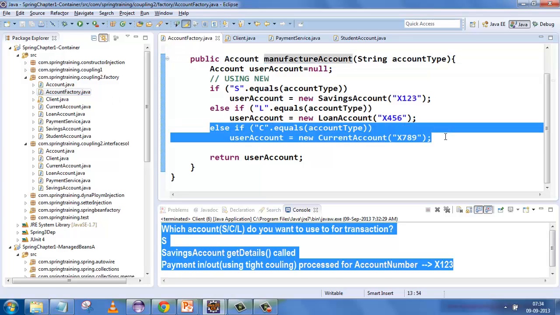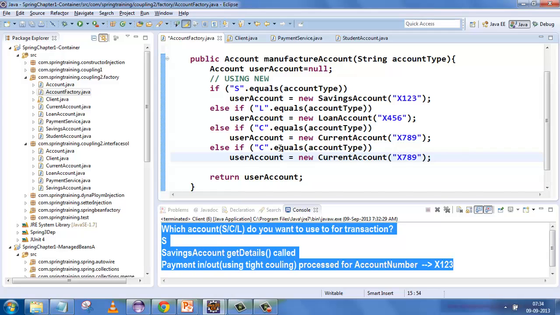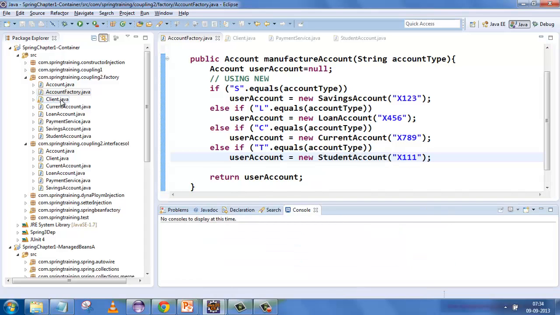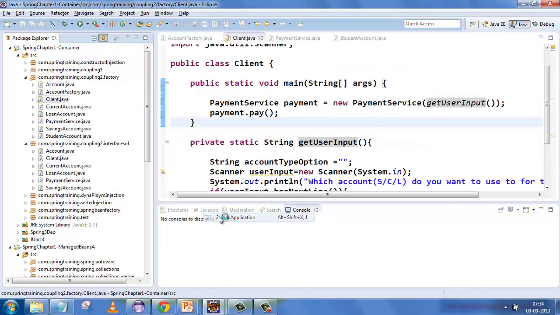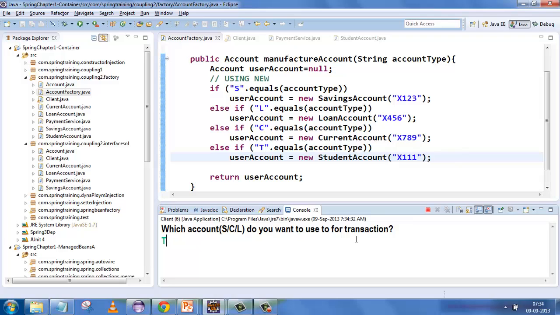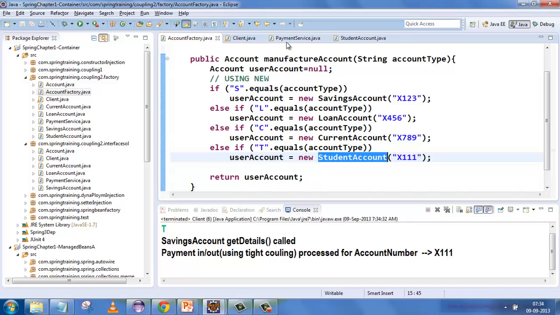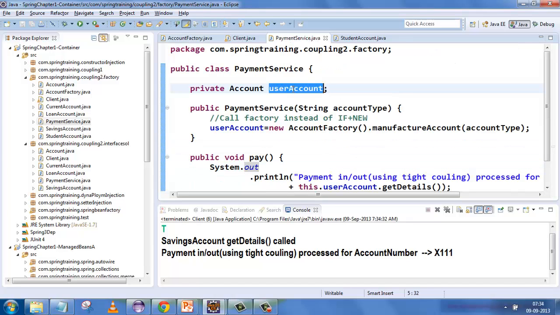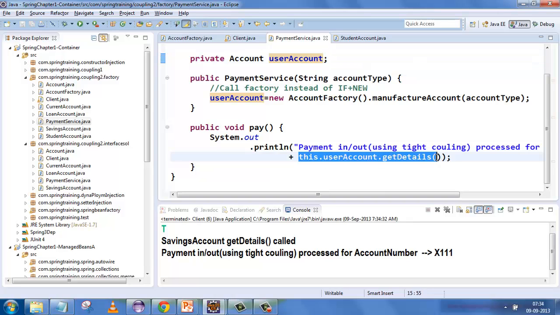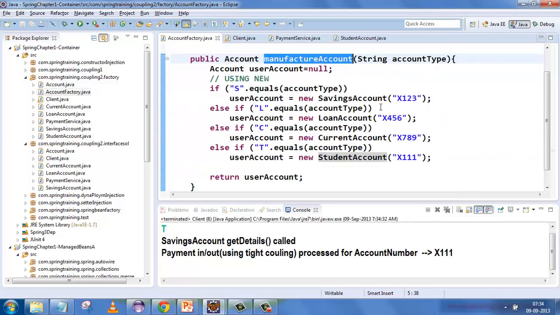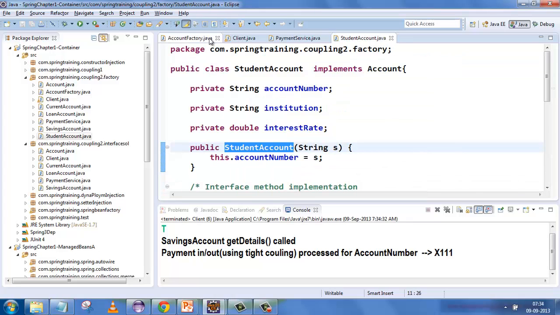No. I just need to do a quick change here, which will say if you pass T, I'll get you a student account, and that student account will be say 111. See the magic. I do a right click, I say run as, and I'll just pass T here. The moment I pass T, it gets you a student account and returns it to the payment service. Because we are running by interface, it doesn't matter to us. Get details will give you the details of